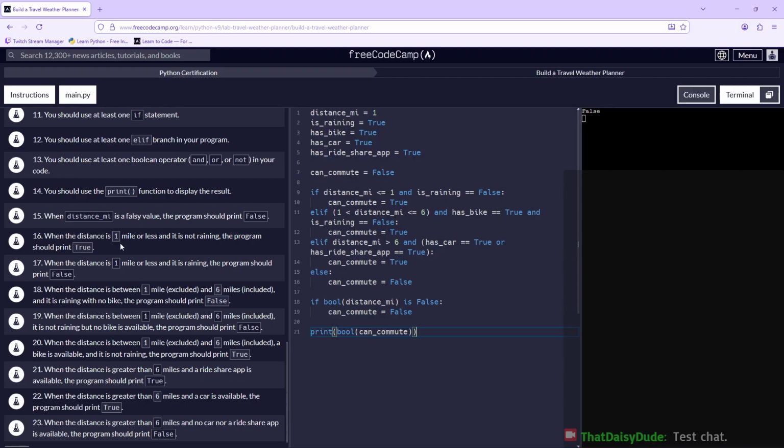Now, we'll test it all just to be sure. So if it's a falsy value, we should use at least one Boolean operator: and, or, not, which we've done. We should use at least one elif, which we've done, and an if, and use print. So first we'll try if this is a falsy value. It prints false. Now, when the distance is 1 mile or less and it is raining, it should print false,